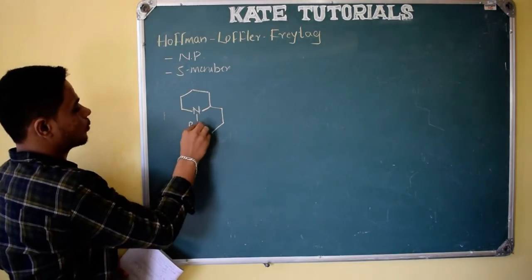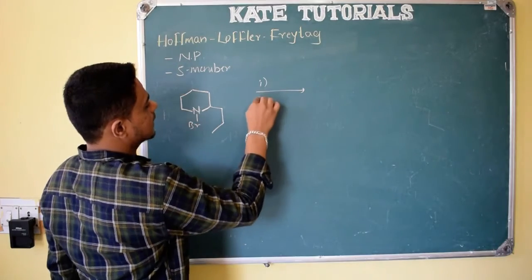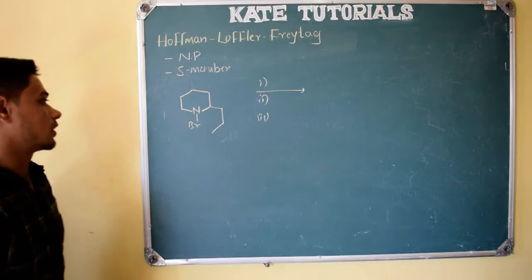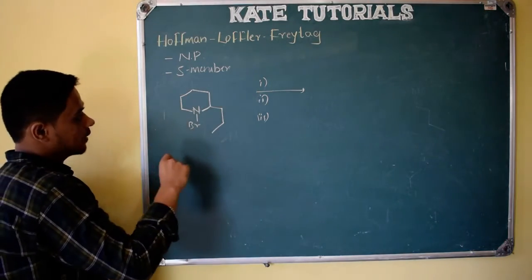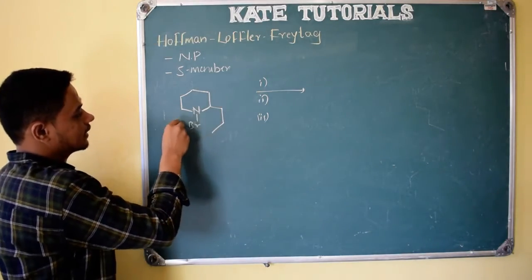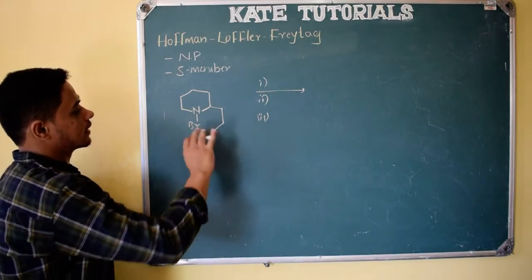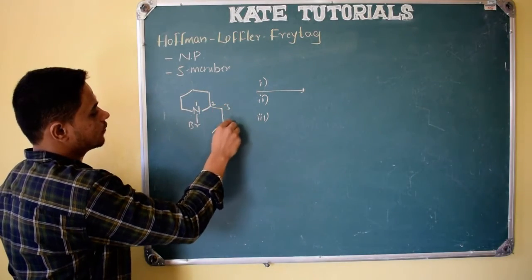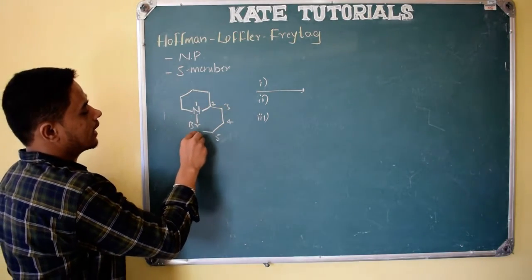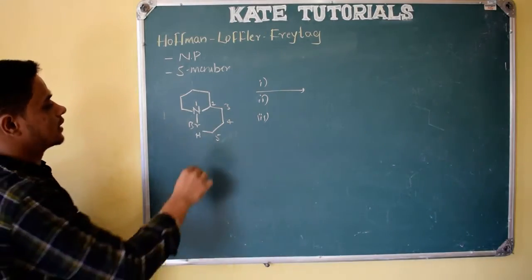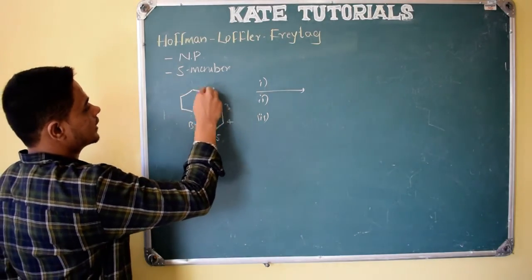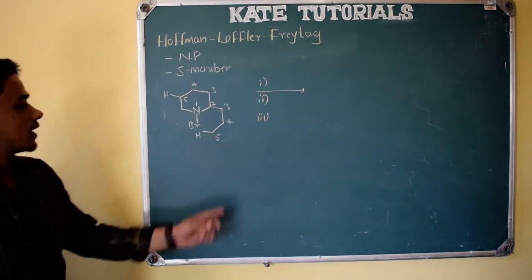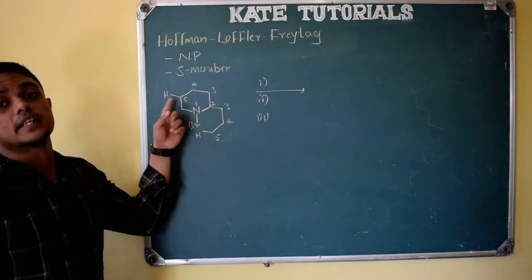Here they have taken bromine. The same conditions: first acidic condition, second thermal or photochemical condition, third a base as usual, right? These things you know. So what happens, first the acid will attack, H plus. I am not going to write anything here. Now you know the mechanism, so let us see. 1, 2, 3, 4, 5. Here is the 5th carbon and this is the 6th hydrogen, right? And if I mention like this, 1, 2, 3, 4, 5, this is the 5th carbon, and here also hydrogen is there. So here it will form a primary radical, but here it will form a secondary radical.